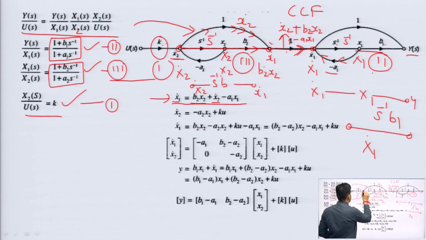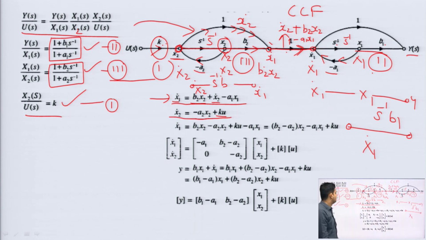In the same way, we can see the expression for x2 dot. Where is my x2 dot? This is the x2 dot. It is getting the signal from the input and one signal from this path. The value of this path is k times u. So, k times u is coming, equal to x2 dot. This is the feedback, minus of A2, where the dummy variable is x2. So, I will write minus of A2 x2. So, x2 dot is given by this expression. So, x1 dot is equal to this expression, x2 dot is equal to this expression.